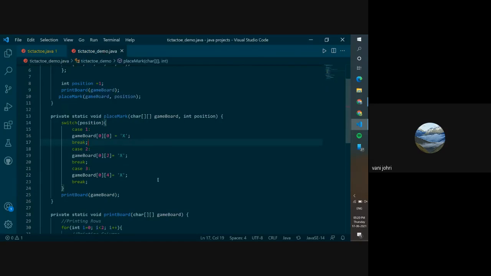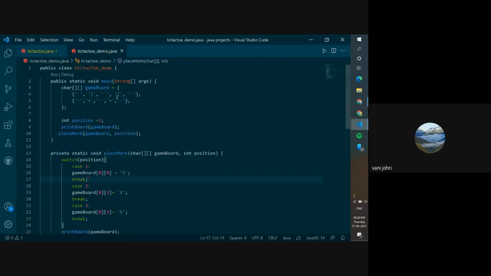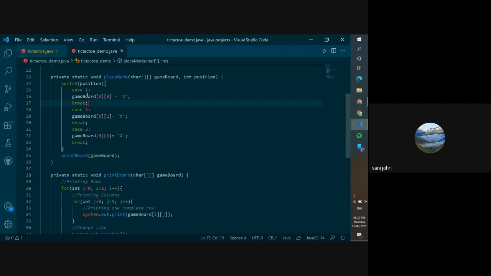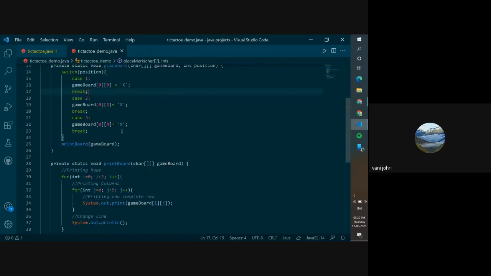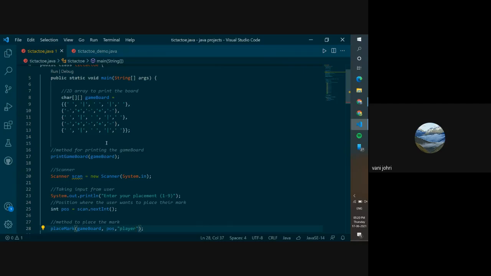Now, what we had done was we had displayed the board. We have got to a point where the user will enter a number, and according to that number you will display an X at the position that the user asked for. Oh yes, I asked you guys if anybody can ask the user again and again if they want to do it again. Was anybody able to do it? Did anybody do that? That would be really cool.